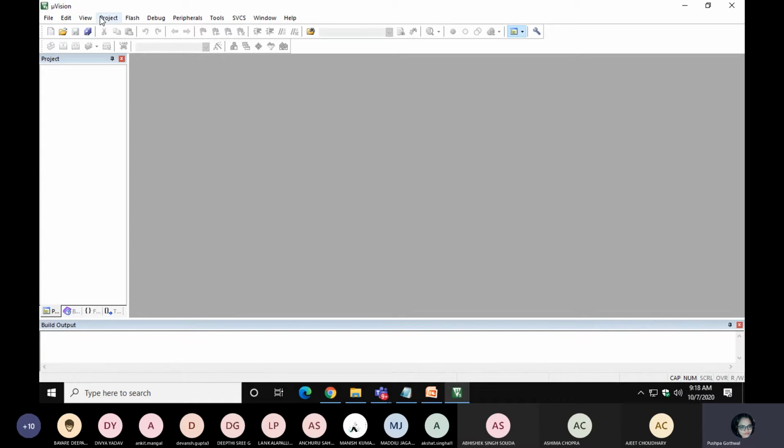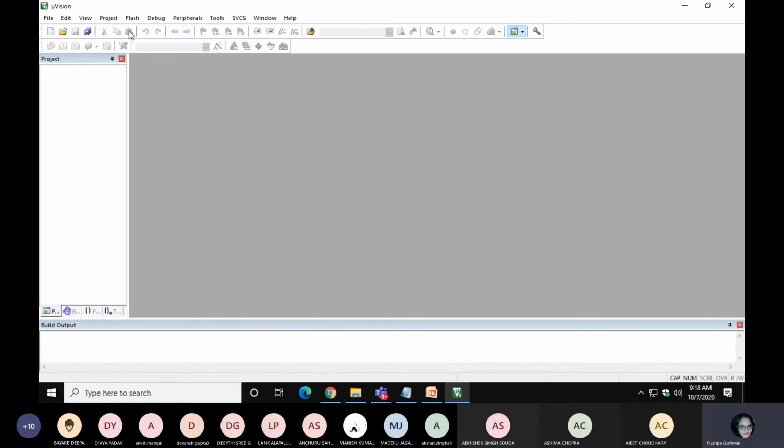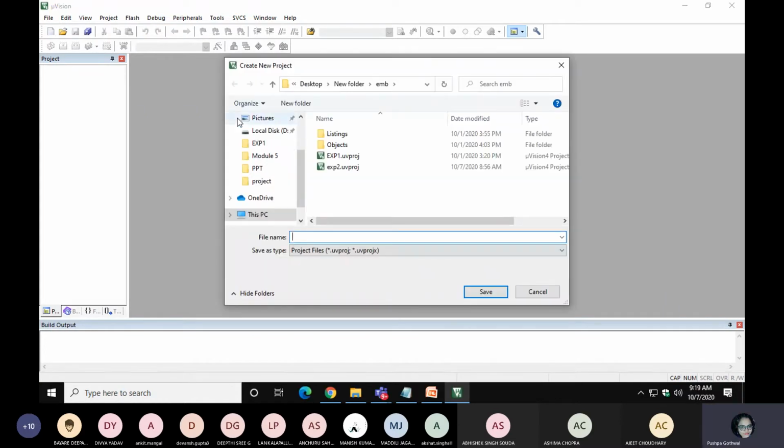Whenever we start with any controller, first we have to create the target. So in a target, first I am creating a new MuVision project. For creating a target, I suggest you make one folder, because when you compile this program and create a hex file, it creates multiple files like list file, object file, hex file, C file, lots of files.